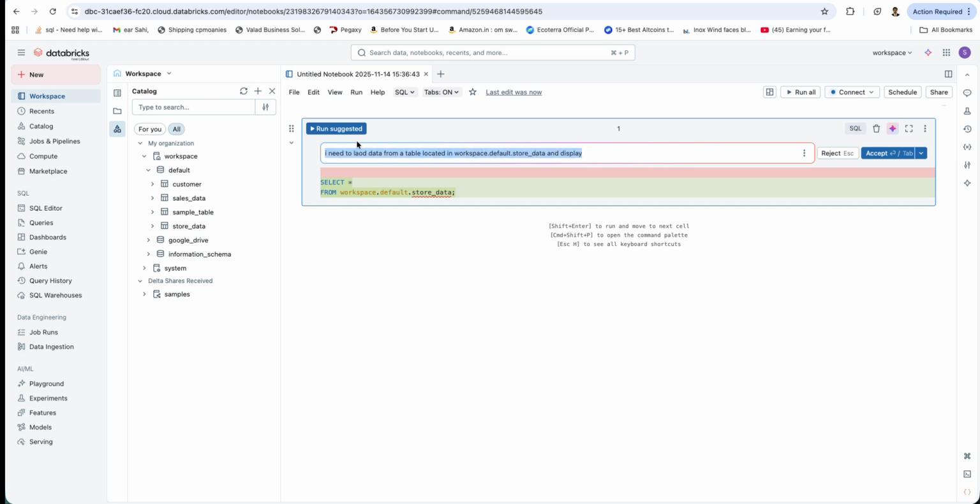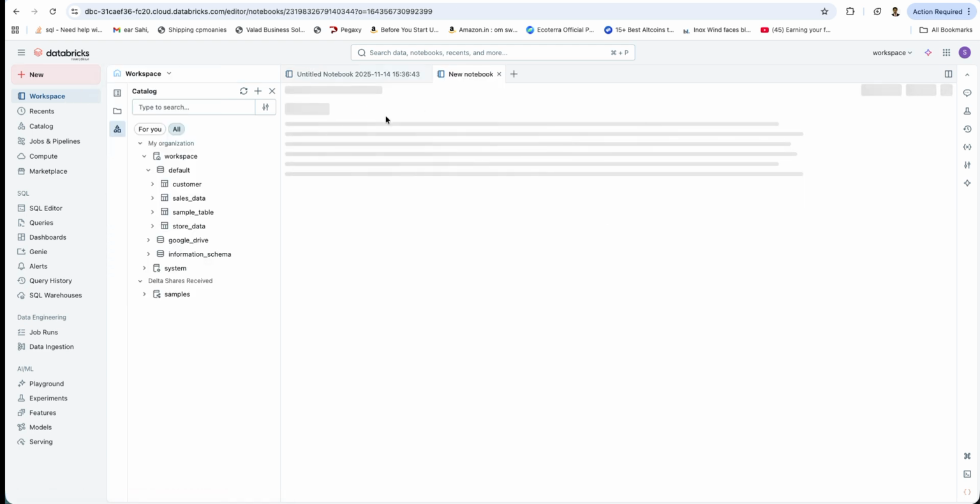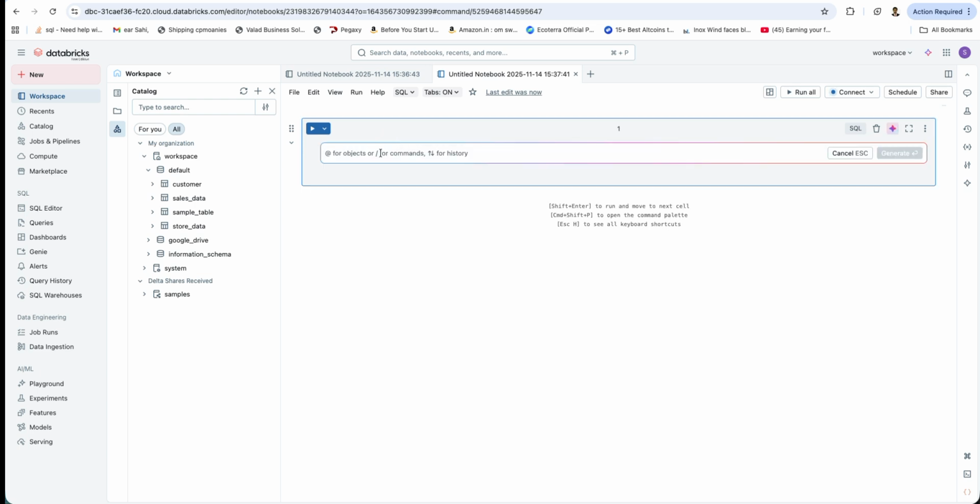Say if I want to use Python, I have used SQL here. If I go to a new notebook, and there is one more tab created, and here instead of SQL I will select Python. Okay, confirm. So here if I write the same thing, like df equal to, basically you can use IntelliSense to generate. Here you have the generate button, right? So I can put, I need Python code to read